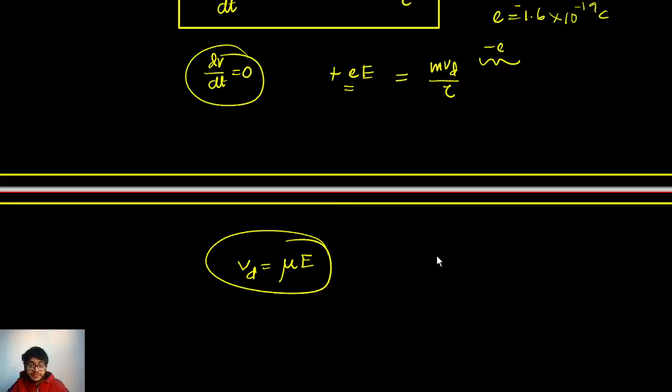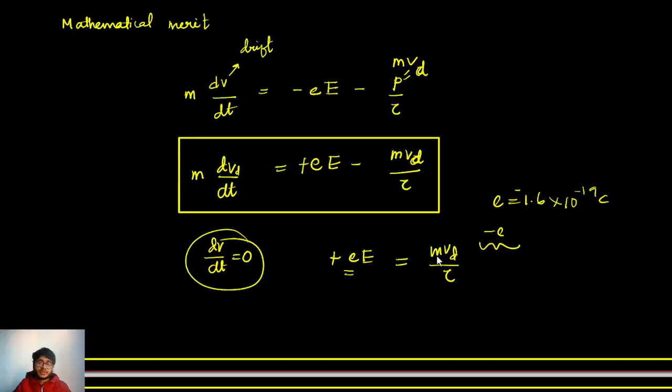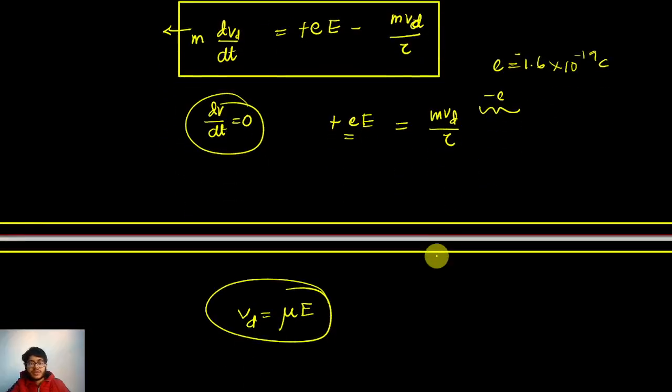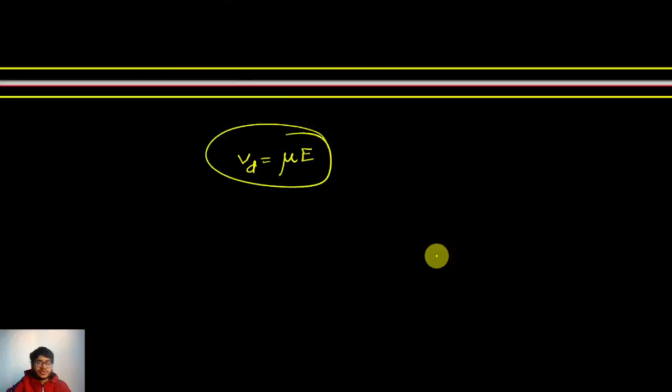Okay, so these are maths things, but this equation is very important, because it is giving us a single mathematical way of expressing things. It's giving us an equation which can be personalized, or changed or modified depending on the situation, right? And what we are trying to see is whether there is a steady state that is achieved. So that is what we are trying to see, m dv/dt.